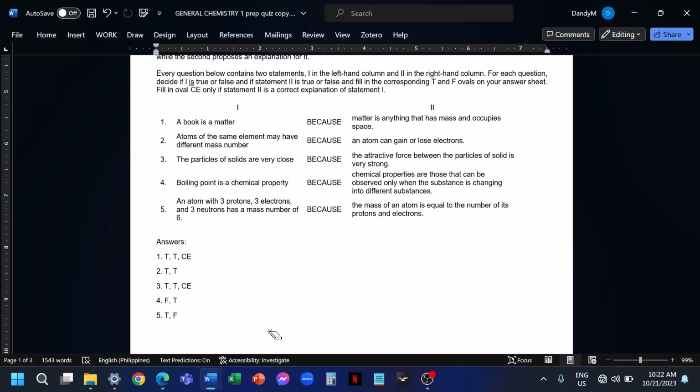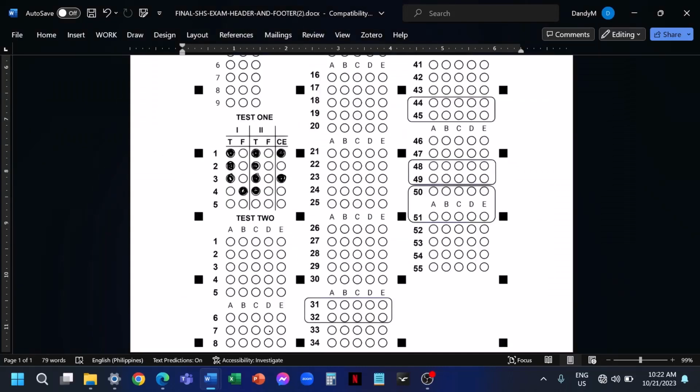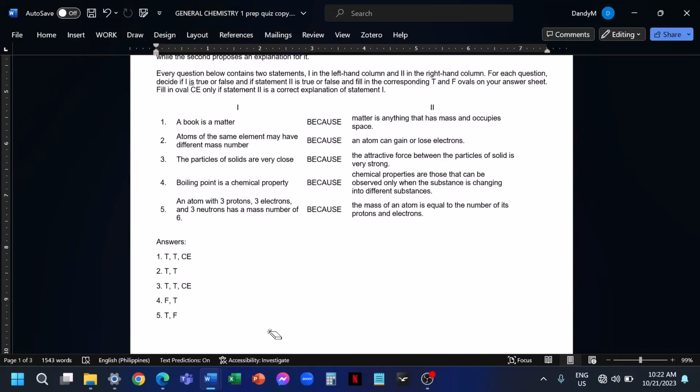Next, an atom with 3 protons, 3 electrons, and 3 neutrons has a mass of 6. This one is true because, again, we have 3 protons, then 3 neutrons. So this one is true. And then for the second statement, the mass of an atom is equal to the number of its protons and electrons. And of course, this is not true because